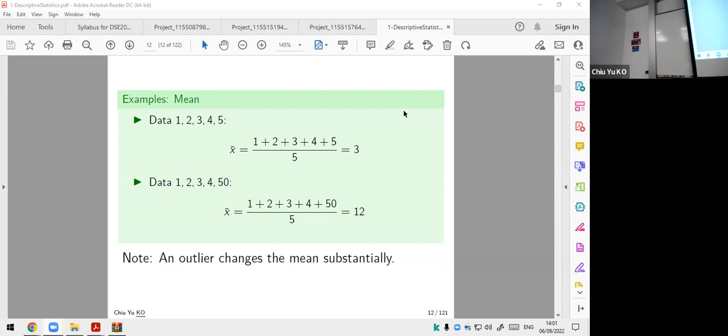And as I said, if you have something very big, 50 is not very representative, because 50 is way bigger than 1, 2, 3, 4, right? Bigger than the majority of the data. Basically the mean is useless. So that's why we look at, for example, income data, right? We have ordinary people 1, 2, 3, 4, and Bill Gates, Elon Musk at the end, right? So the mean, the average, is not meaningful. That's why GDP per capita is not a very meaningful thing, right? Looking at the median income would be more meaningful, right?